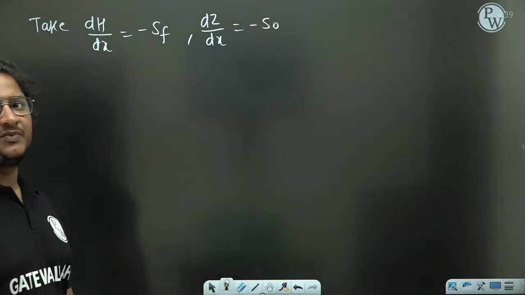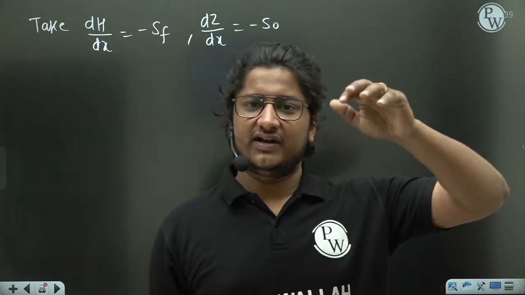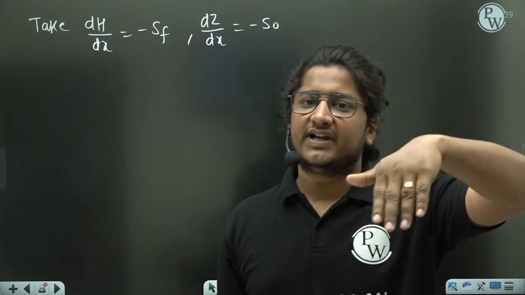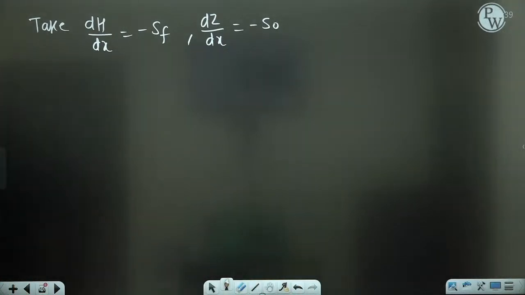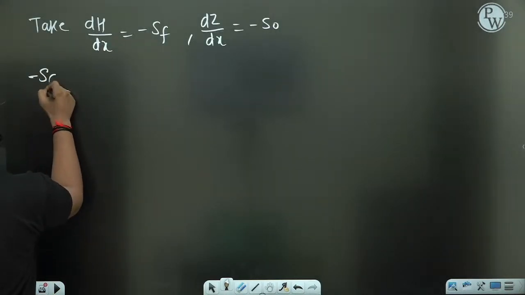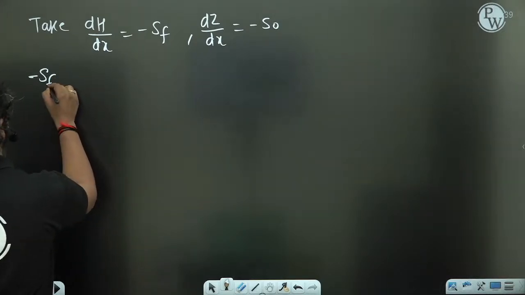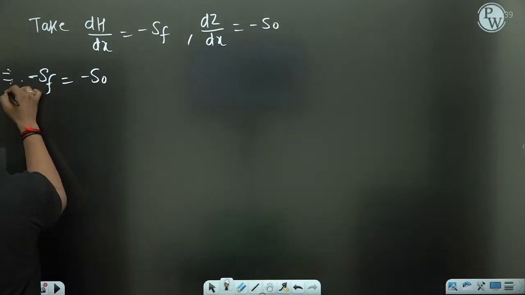Why am I writing this? Because you can see this water surface line as well as the energy slope line, or energy line, is going in the downward direction. So in that case, I can say it's a minus slope, a negative slope. Now put this part here in this equation. Now we are having minus SF equal to minus S naught